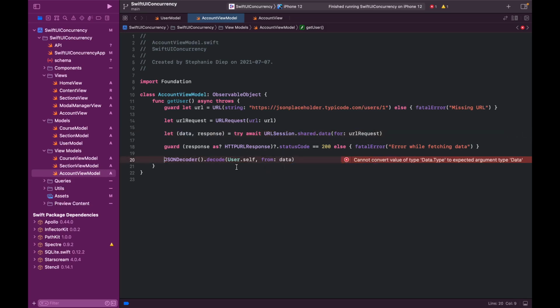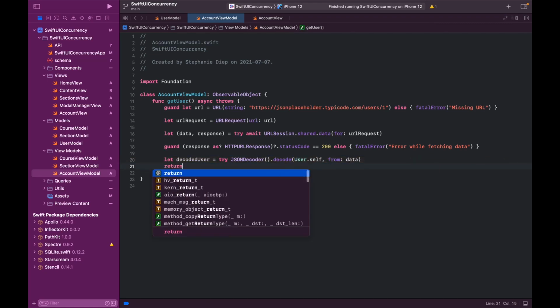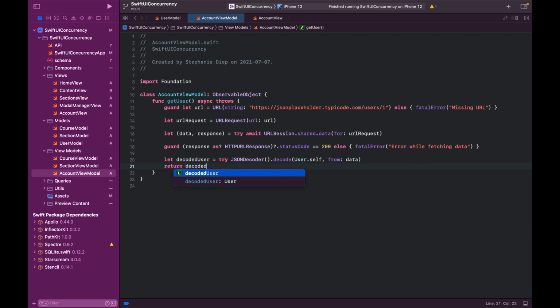So this function can throw an error. And you can see that Xcode is now telling us that this function can throw an error. Let's add the try keyword in front. And this function also returns some decoded user. So let's save that in a decodedUser variable, and then at the end, we will return the decodedUser. However, you can see that it says that this function doesn't expect to return anything. So we simply need to add a return type here and let the program know that this function will return